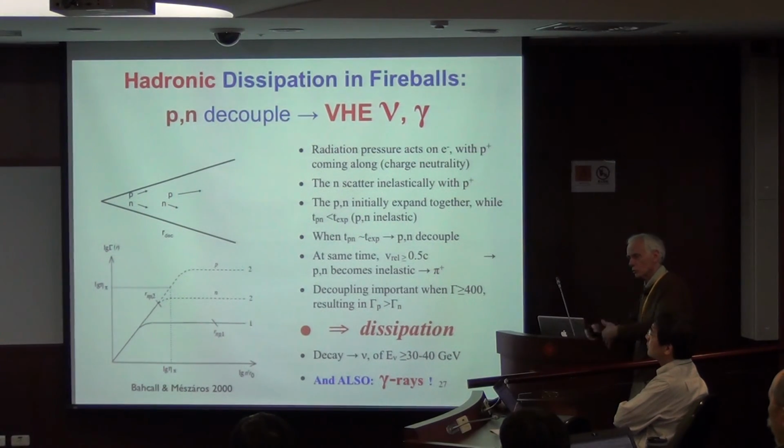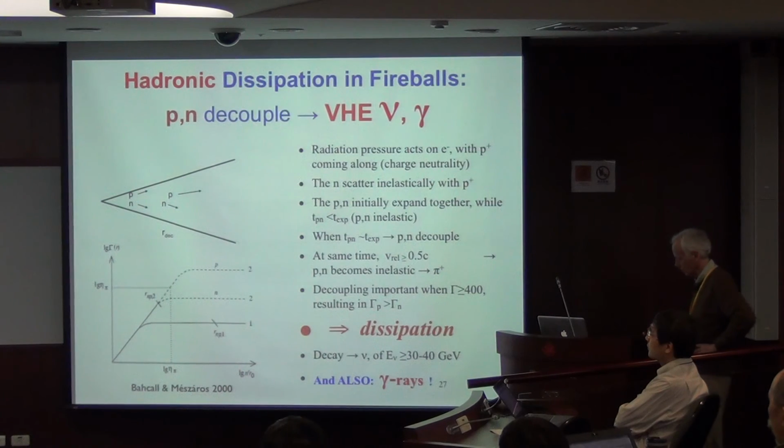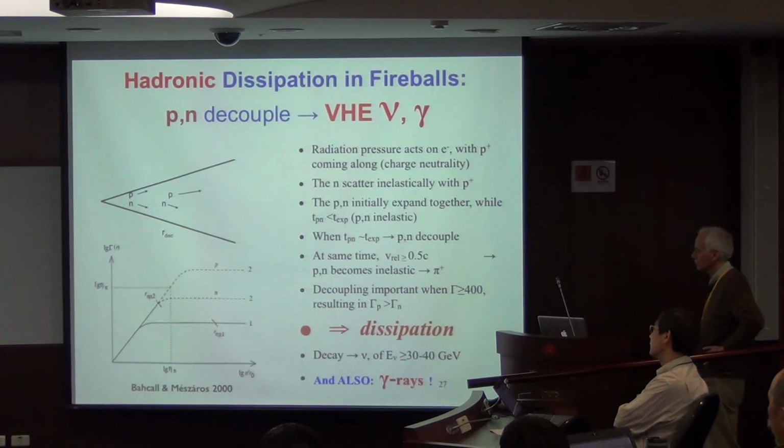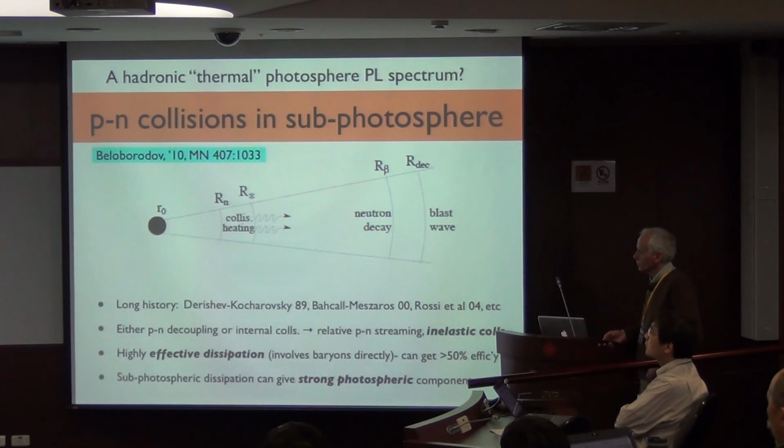And the relativistic positrons, essentially, have a lot of energy which they deposit in the gas. They can interact with the other thermal electrons, and they reheat them, so you get dissipation. In addition, you get some 30-40 GeV neutrinos, which are interesting, and also some high-energy gamma rays. So this has been exploited by Andrei Beloborodov in a very nice calculation. He considers these proton-neutron collisions below the photosphere, and that causes a rather strong heating of the photosphere. So it's a strong dissipation by these inelastic collisions. So it's a very effective dissipation, and you can get some greater than 50%